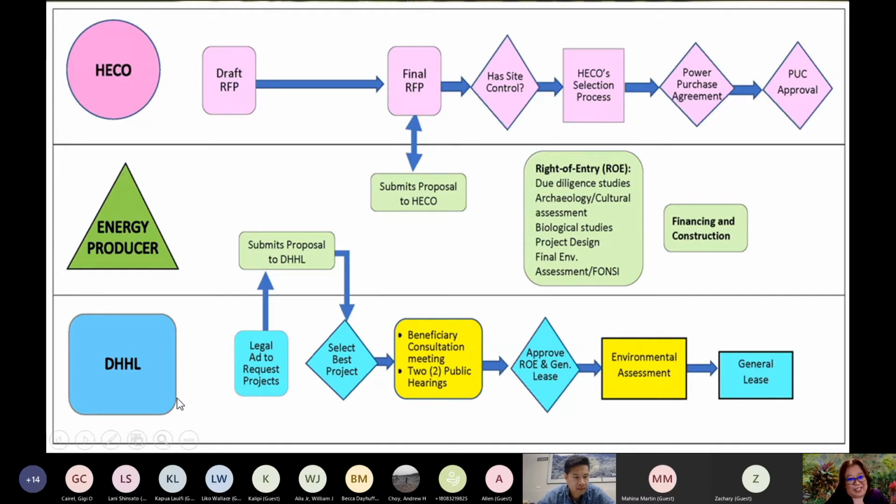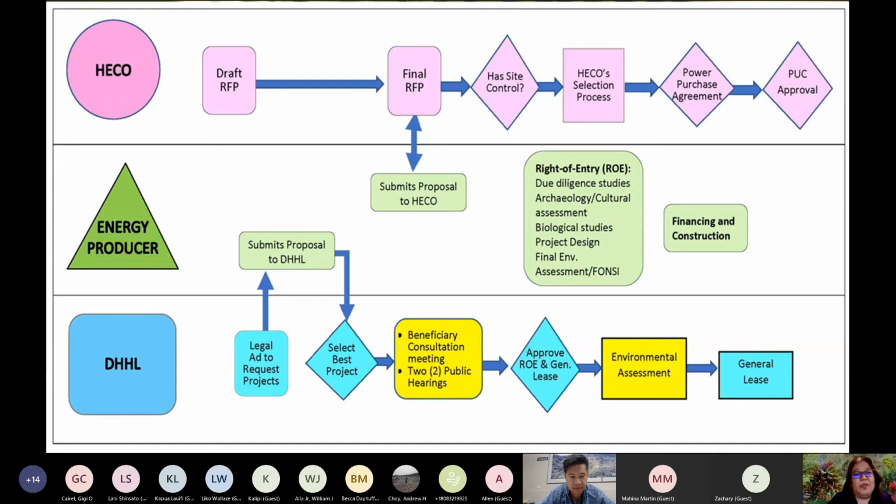And then there's our process. And I guess that's the main thing about this slide I wanted to say is that, no matter what, we will preserve that beneficiaries will be consulted in the process, and that you're familiar with, like for instance, when we just sent the ad out. So we're actually, I forgot to put the arrow, but we are at this first box where we publish an ad to ask for proposals. The proposals still have not come in, but at some point they'll come in. And at that point, we will take it out for consultation, right? So you will have an opportunity to hear the proposals, to hear from the developers, to hear what their